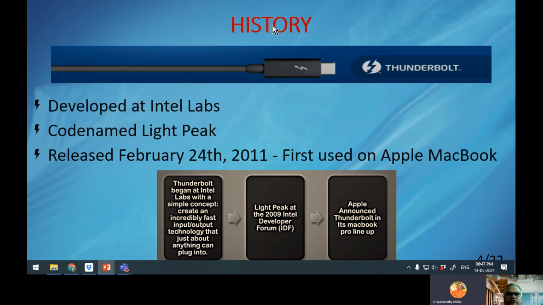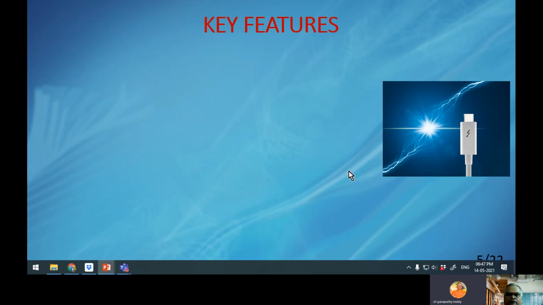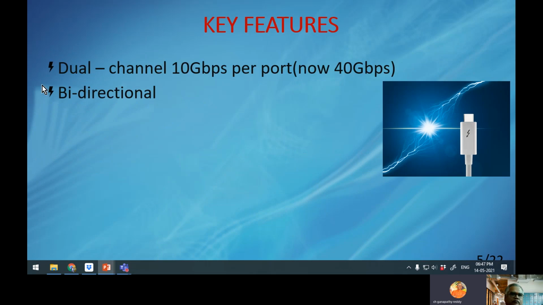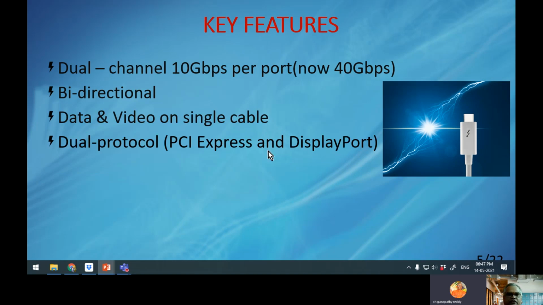Here one beauty is history is the heading. So this Thunderbolt image is there, na, on every slide. So that is one uniqueness in this you can observe. Here this bullet style is different, background different again. Heading red color I kept. These are three different styles.